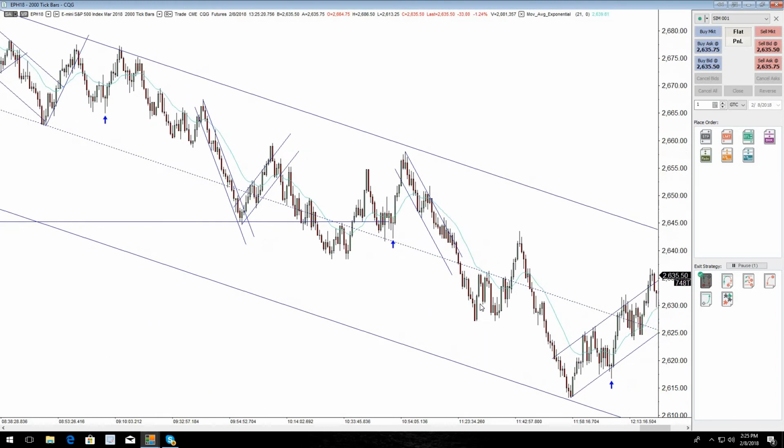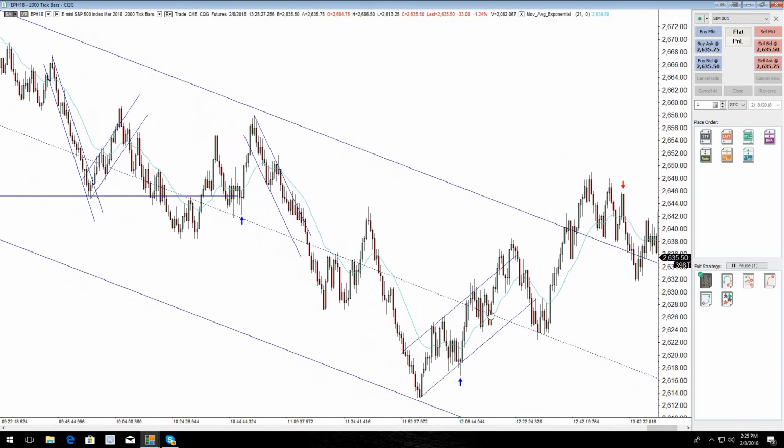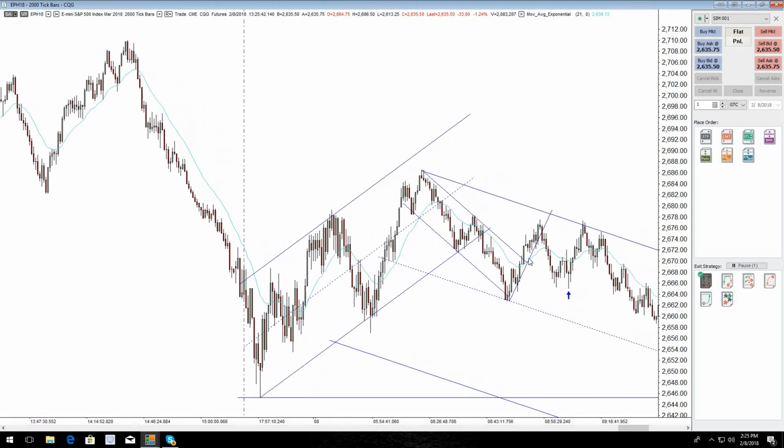Okay, I'm back, guys. Let me just briefly go over my trades for the day and kind of my thought process as the day was going along. So I came in, we were trending up at the moment, and then we began to correct. So I drew this trend line off these first two swings. We came down, broke it, had a short-term trend working higher, and then we kind of started going sideways right